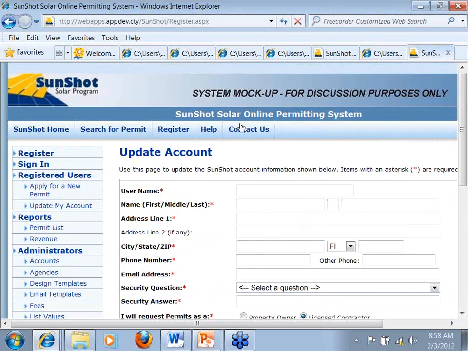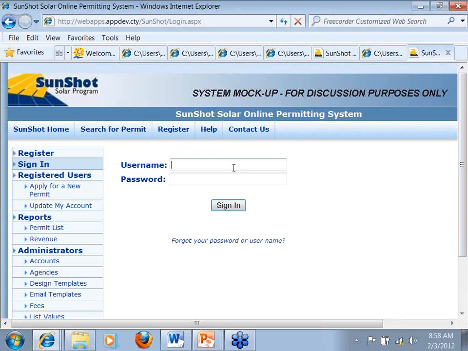Okay, so if I received an email from the system administrator saying, here's my account, I would go to the sign-in page and I would sign on. This doesn't work today, but it will. If I forgot my password, there will be a link that lets me go to a page to reset my password, or even if I forgot my username, there will be a page that lets me put in my secret question answer and get a new username or